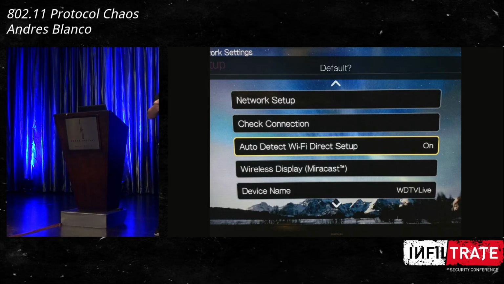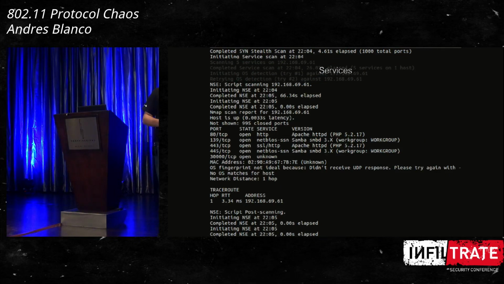So you may be playing a video at home or watching a movie on your device, and someone is connecting to your device, getting access to a lot of services that the device provides. For example, it provides an Apache HTTP server with a website that is really full of OS command injections and bugs that the vendor doesn't care to fix.